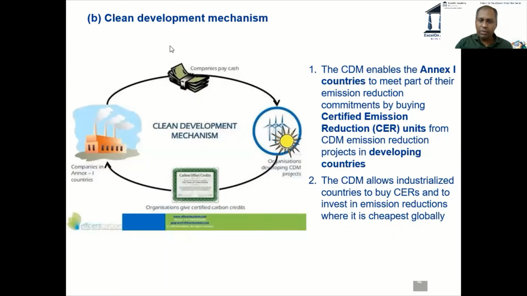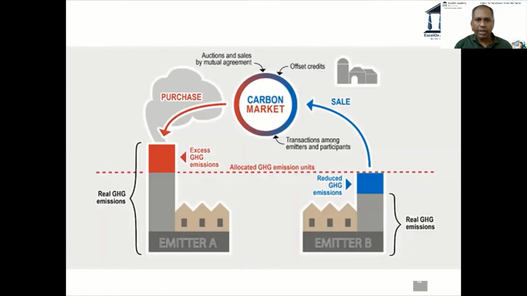Now, since some of you have said it, let me explain this to the whole class. Last class, what did we see? I wanted to compare these two figures. It's very interesting. I'm just going back to the previous slide. Do you remember this? I think we discussed at length. Emitter A, one country. Emitter B has produced excess carbon dioxide. What does he do? He, quote unquote, transfers the carbon dioxide to this country and pays some money. But we understood that it is not a physical transfer. It is only an assumed transfer. So this is simple carbon trading.